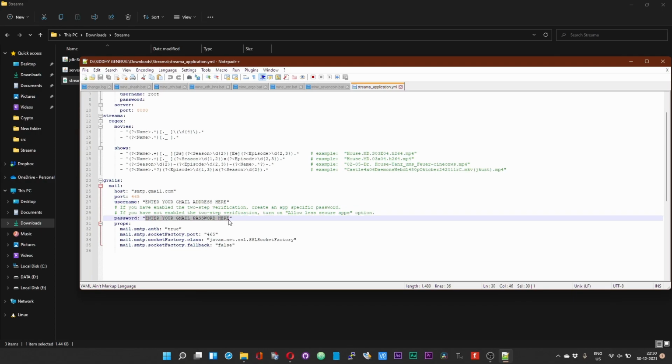If you have got the two-step verification enabled, this password should be the app specific password. And if you have not got the two-step verification, you can enter your password, but then you need to go into the Google settings and enable less secure apps.